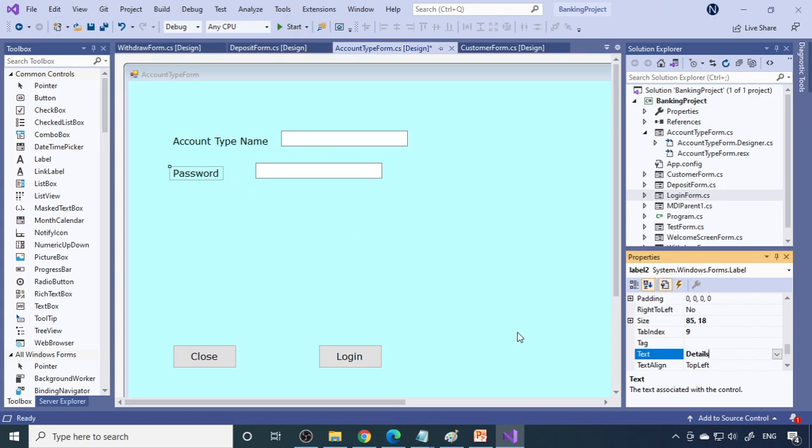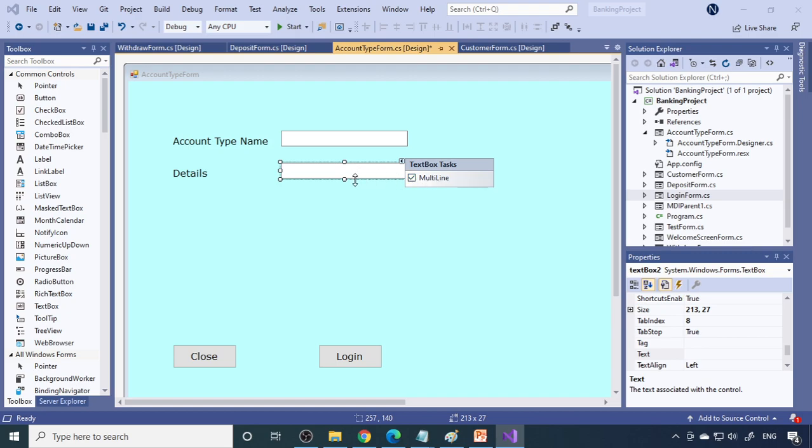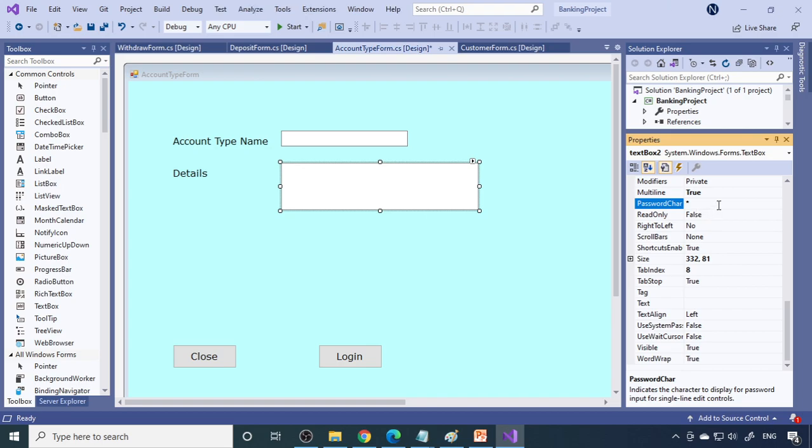So we have only 2 fields here, and this one you want to make multi-line, and then drag it a little bit bigger so you can write more over here. In the login form, we changed the password character to star. Actually, that is not required now. You need to remove this, otherwise whatever you type will come as a star.